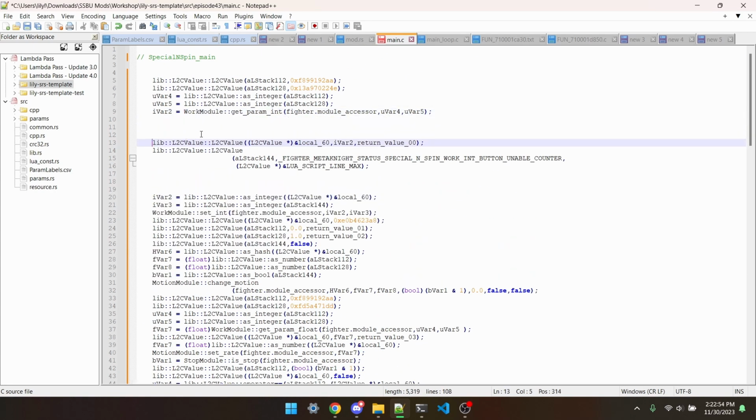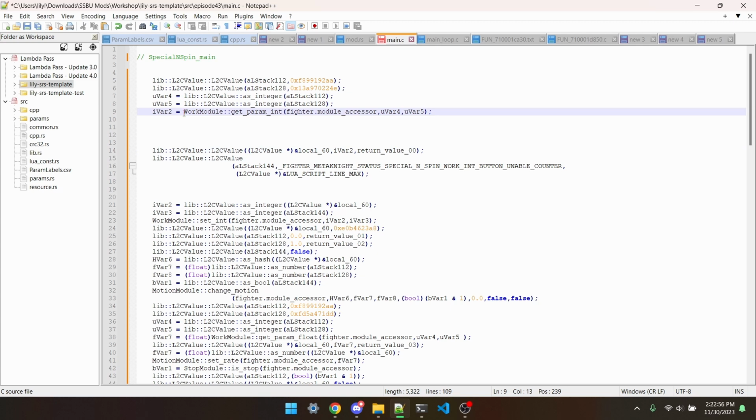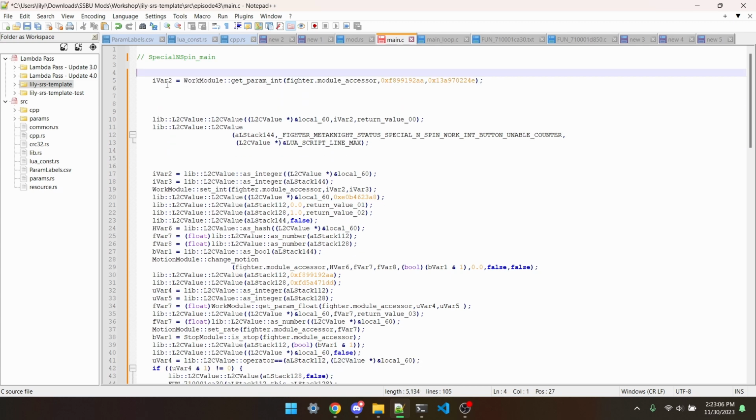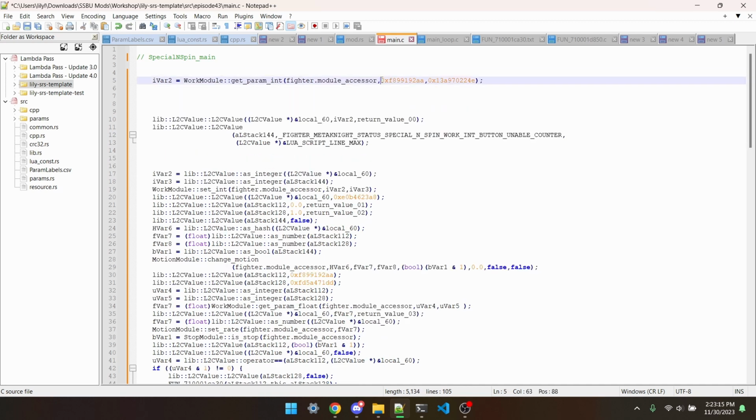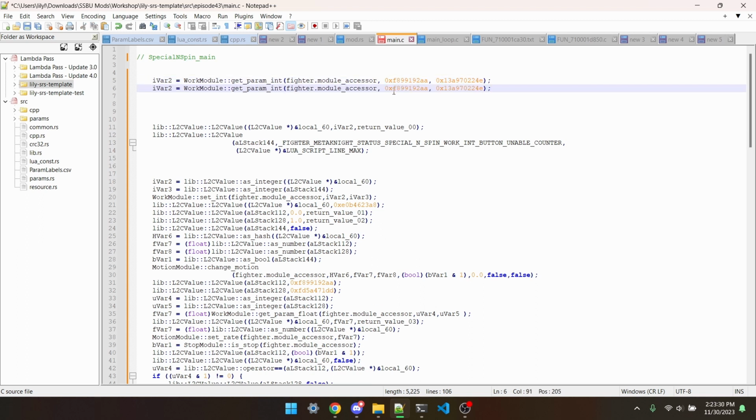Ooh, we have a get param int line. So we'll be setting ivar2 equal to these two hashes. So what we need to, we can actually just keep this as it is. If we were to port this move over a different fighter, then we'd need to do some magic with this. But for now, let's copy this real quick. Let's do